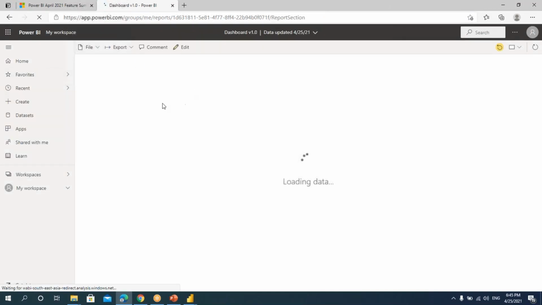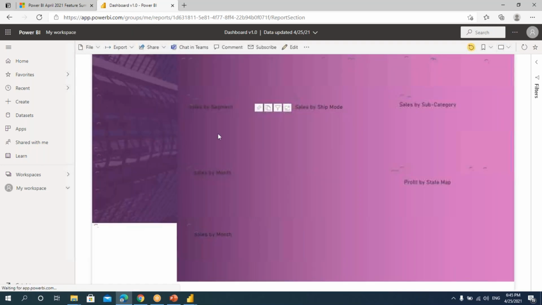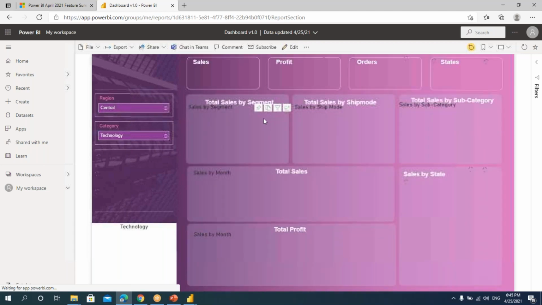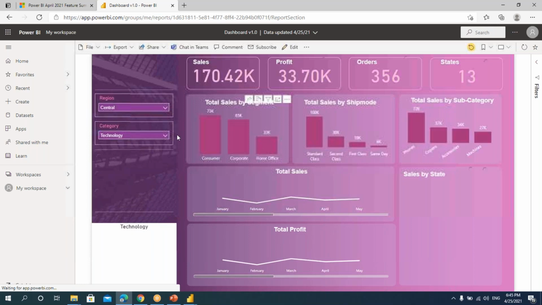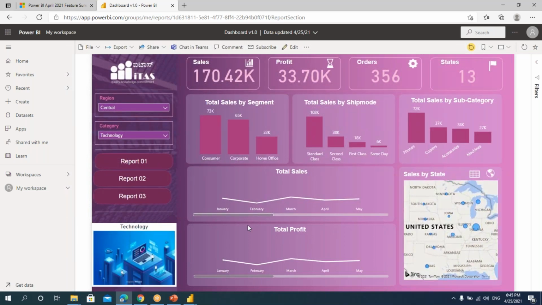You can see that the dashboard will get published here. So this is online. So this is how actually you'll be publishing the dashboard. So whatever you are seeing here, this is actually online. Now, if I want to share this with you, I can also share this so that you guys can also see this and you can work on this.